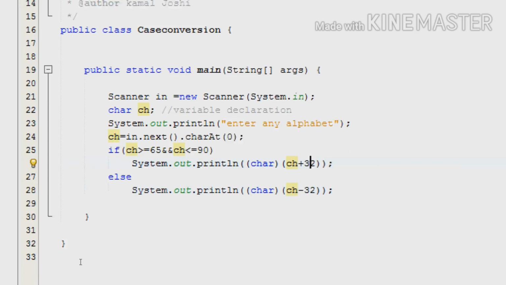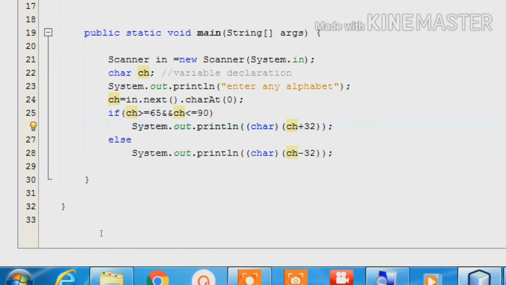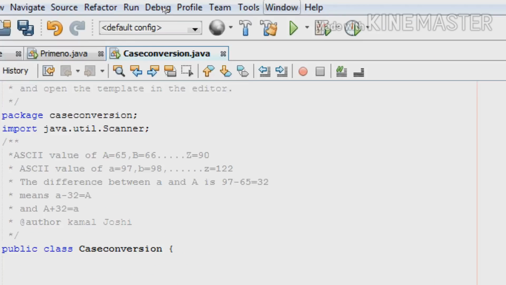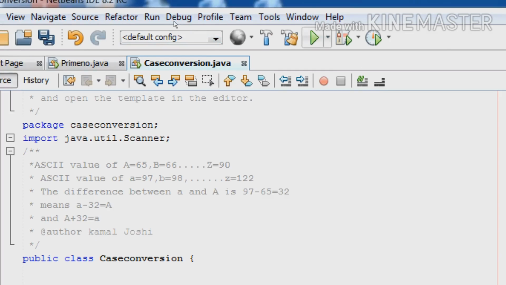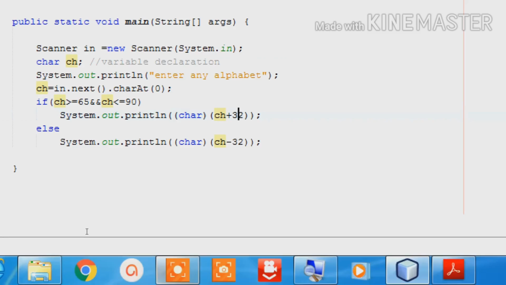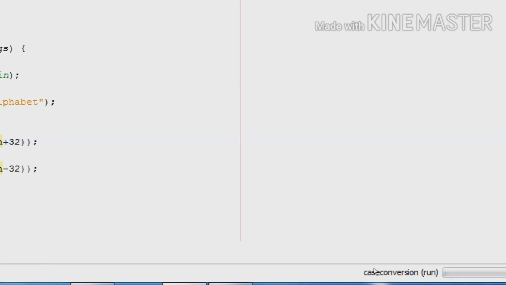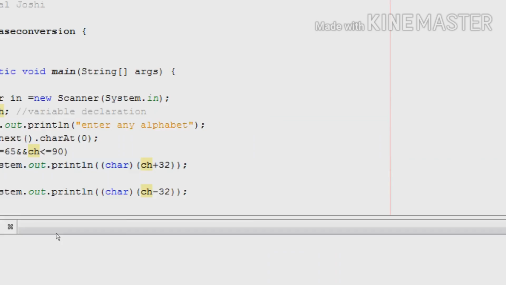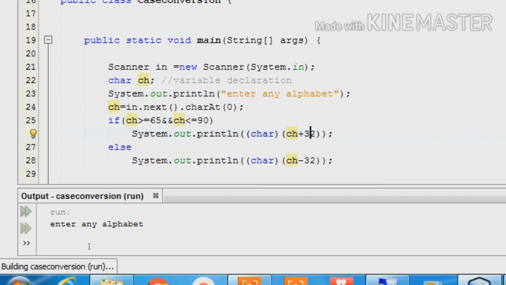Now we will run this program. Here, click on run. The running process is going on. Here, enter any alphabet.